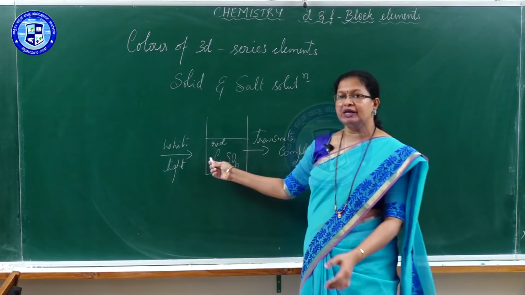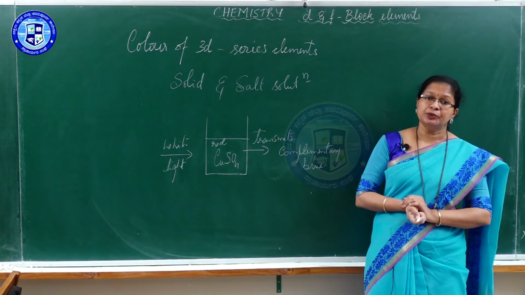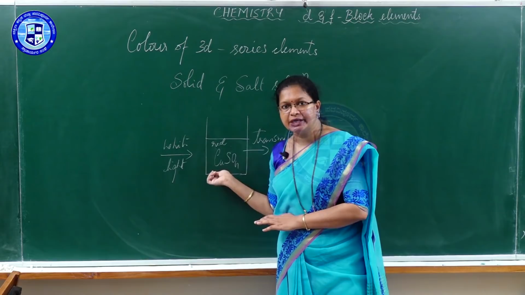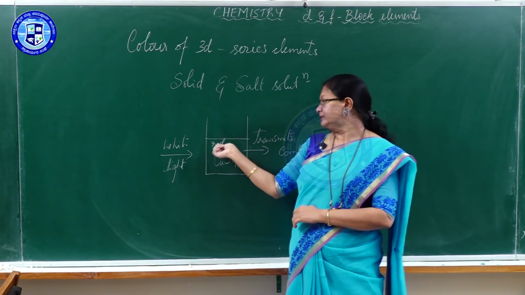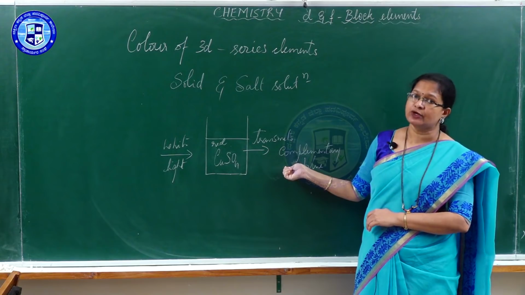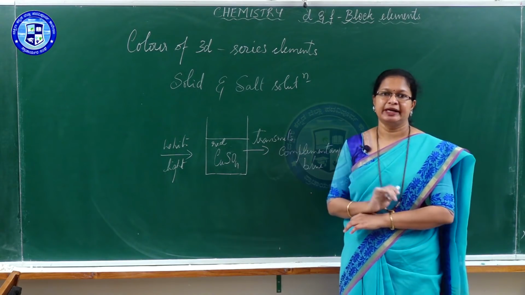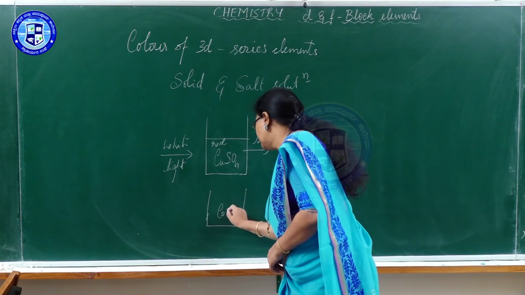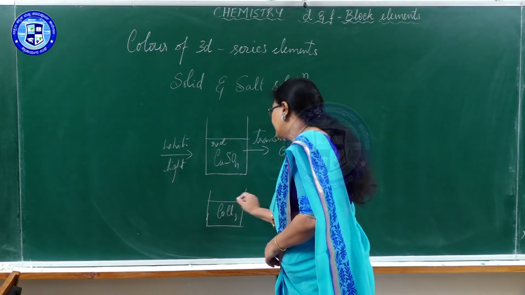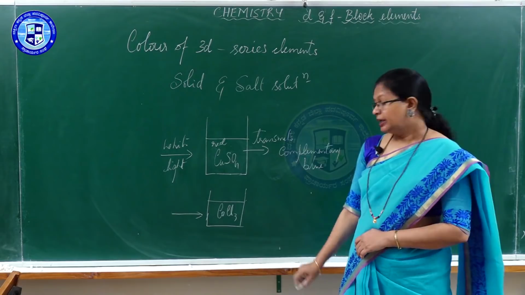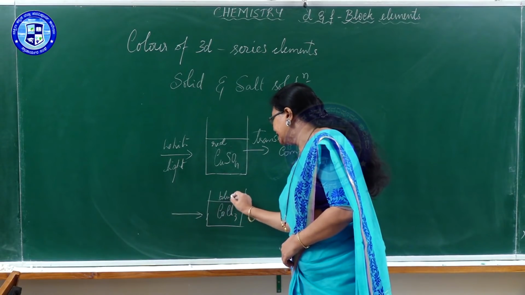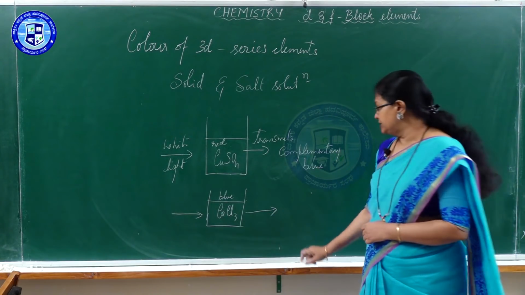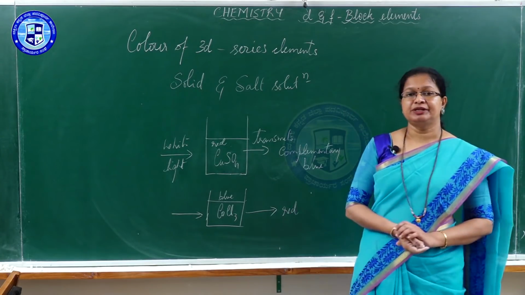Therefore, copper sulfate, when we see it from the side, exhibits blue color. That is the reason. When white light falls on copper sulfate, it absorbs red color radiation and transmits the remaining radiation, its complementary color, which is blue. Same as that, consider the solution of cobalt chloride. When white light falls on it, cobalt chloride absorbs blue color radiation and transmits the remaining color, the complementary color, which is red. Red is complementary to blue.